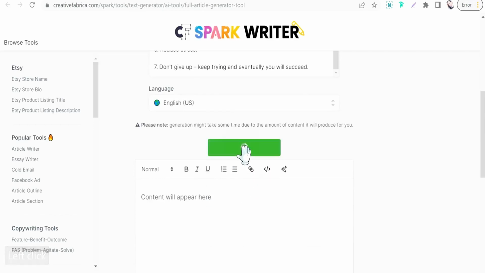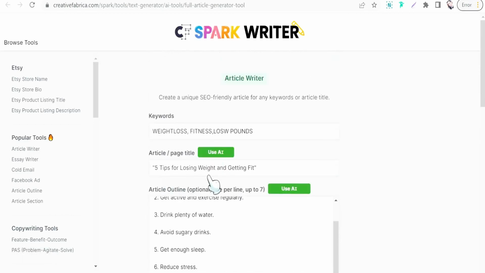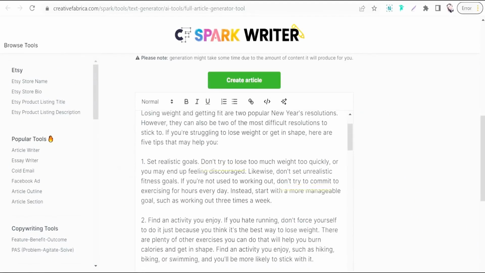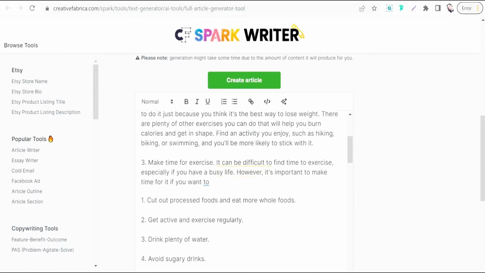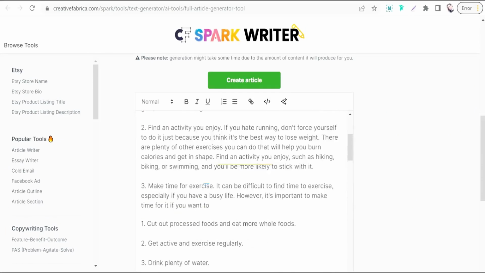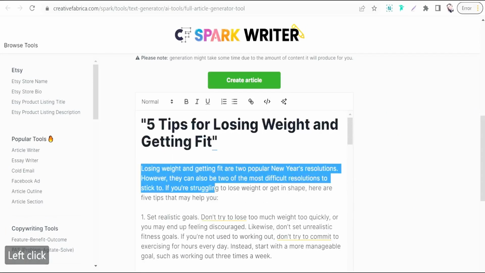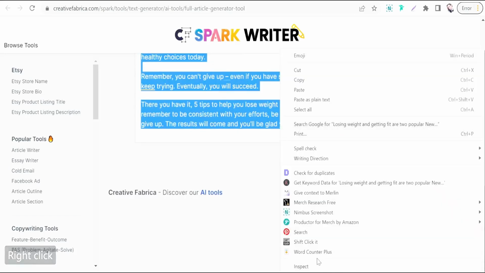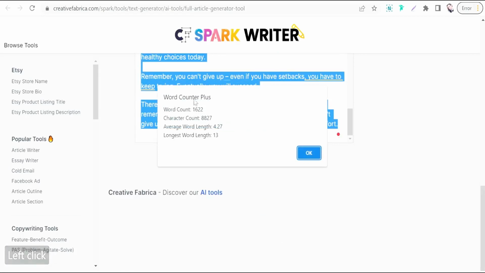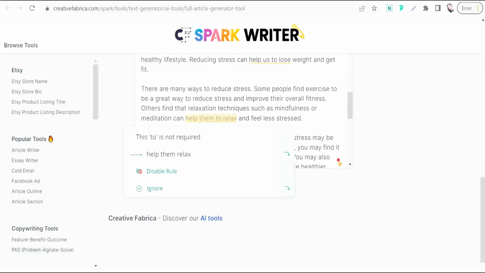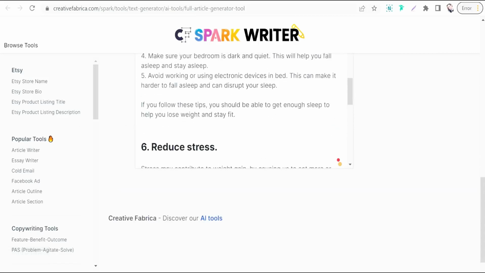And in just a few seconds, here you can find a full search engine article about this amazing topic. 5 tips for losing weight and getting fit. As you see, your full article is ready. Introduction and your headings and your subheadings and so on, as you see. So if you want to know how many words are in this article, highlight your entire article. Perfect. And we can use Word Counter Plus. As you see, over 1500 words. So here you can generate a full search engine optimized article in Creative Fabrica just in a few seconds